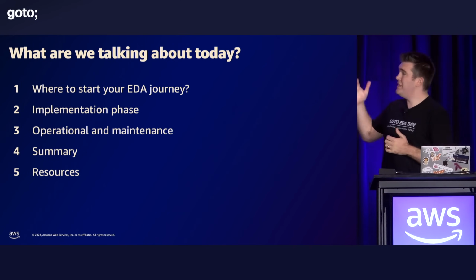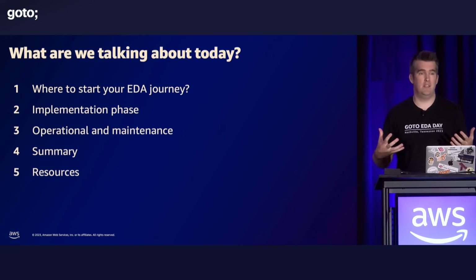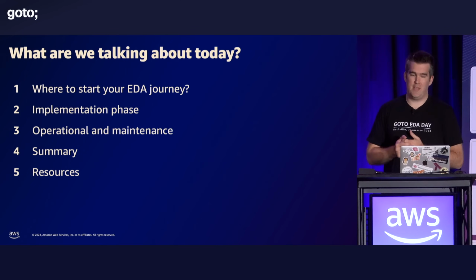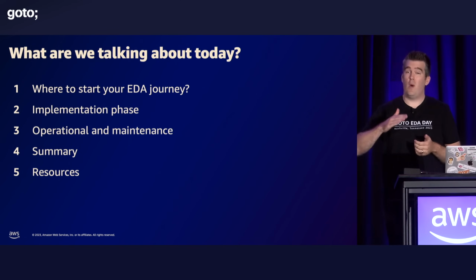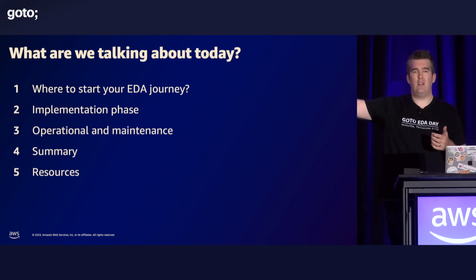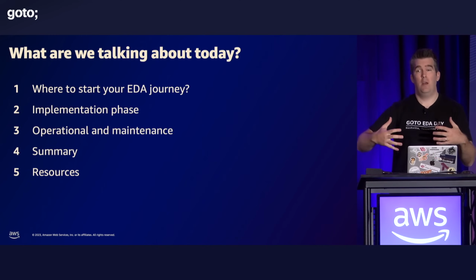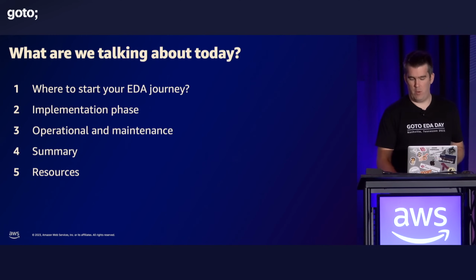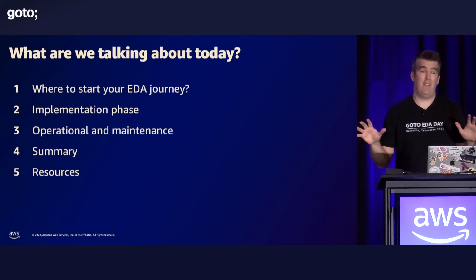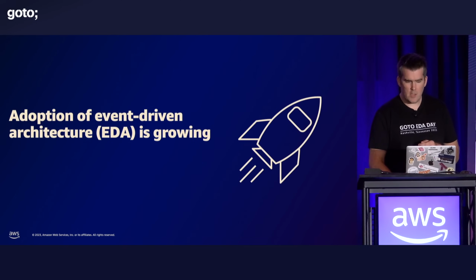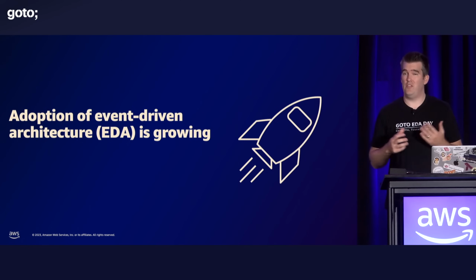We're going to then dive into implementation phase. So when we start to understand our events, our architectures, our boundaries, what patterns do we have to help us there? And then finally, operational maintenance, something we don't speak about a lot. So 12 months, 24 months, or in the future, how do we make sure that what we have is what we started with, and we can have this agile, event-driven solution, and all these benefits that we're promised. Throughout the talk, and there'll be a summary at the end, and loads of resources at the end to dive deeper yourself.